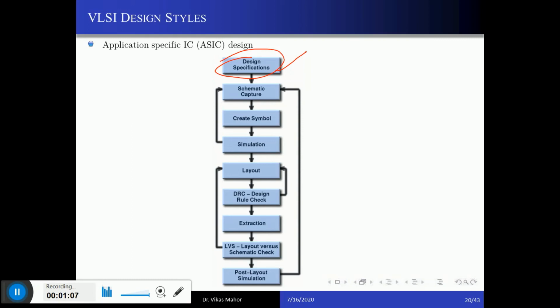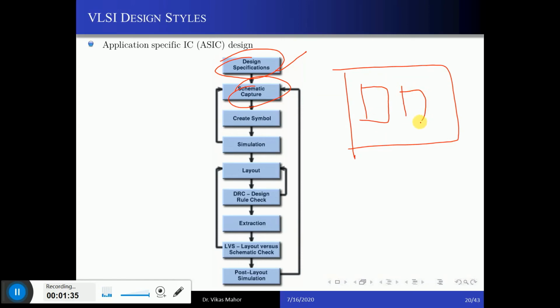So firstly, in the first step, you give the specification of what type of IC it is. It is a multi-layer IC, single layer IC, or what type of IC it is. Fine. And how many functionalities this IC will have, and how many pins this IC will have. Then what you do, you make its schematic. This is a window, a computer aided tool where you make your integrated circuit designs, and these are known as schematic.